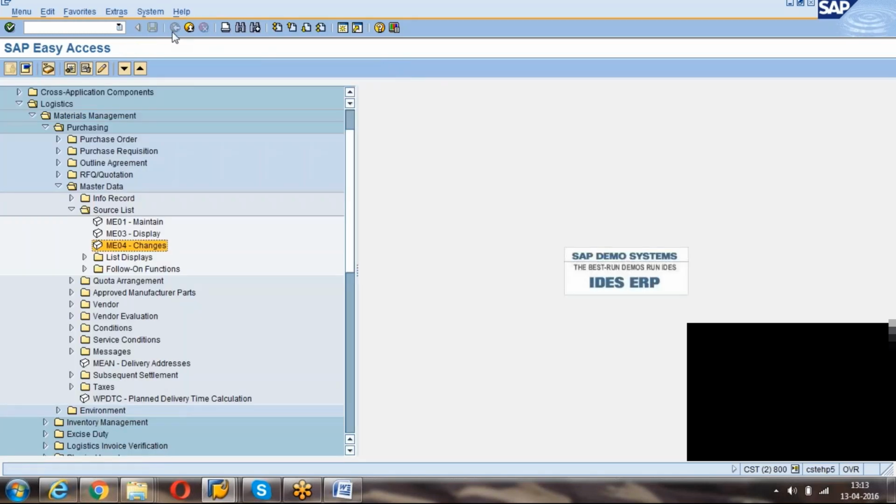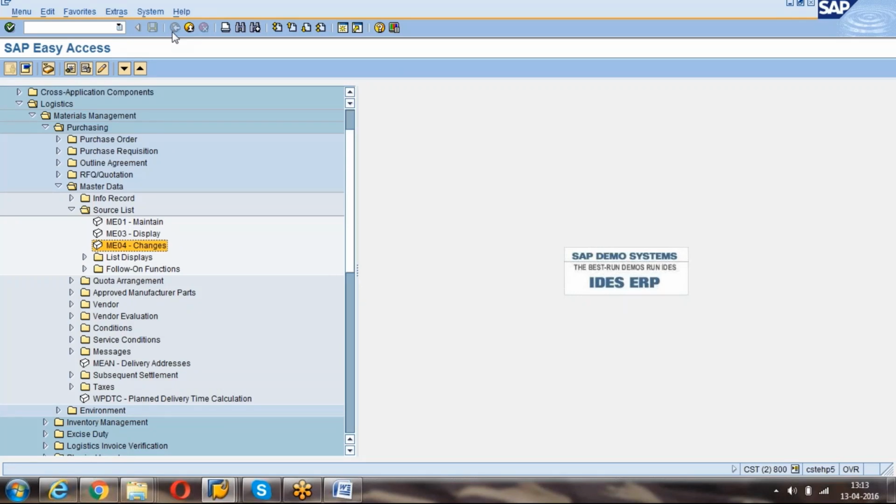The use of the info record and the use of the source list, you will come to know when we create the PO. If I go directly to creation of PO, you may not understand what exactly the pre-PO creation is. Just remember the uses of info record and source list. When I explain the procurement activities, I will show you the importance of the info record, how the price comes from the info record, and what happens if you click the block indicator in the source list.